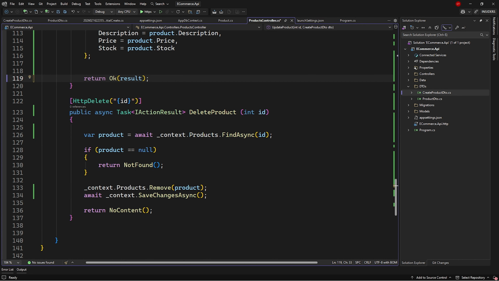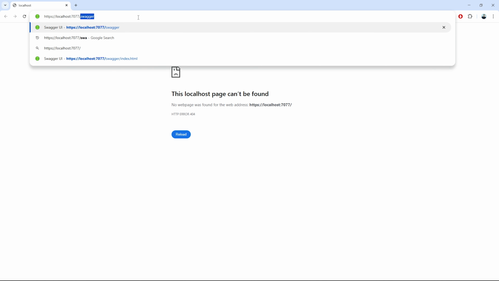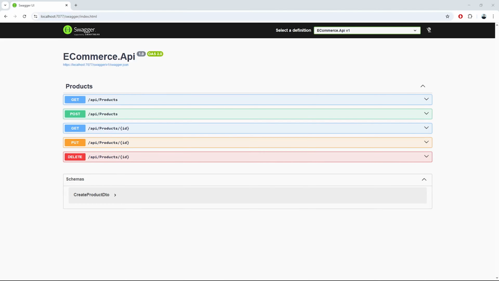Now that all CRUD endpoints are implemented, the next step is to verify that everything works correctly with the real database. I will open Swagger, which provides an interactive interface for testing our API without needing a front-end application. First, I will create a new product using the POST endpoint and check if it appears both in Swagger and the database. So let's start with the POST,